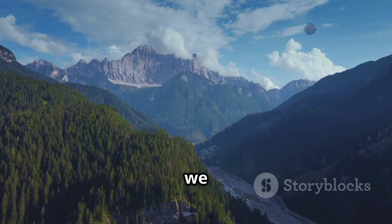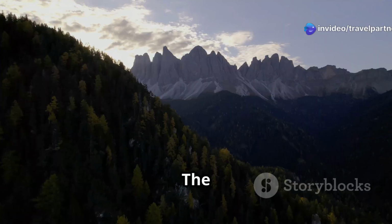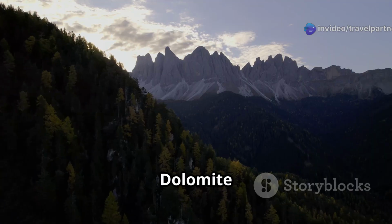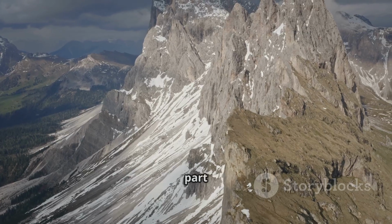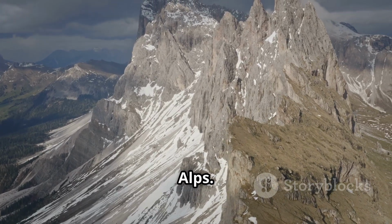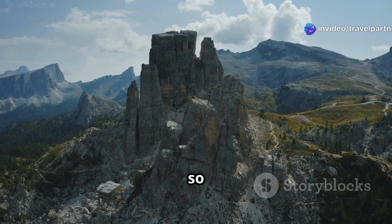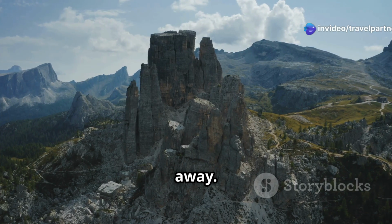For our next road trip, we go to the very north of Italy. The scenery there feels very different from the sunny beaches. It's the amazing Dolomite Mountains. These mountains are part of the southern limestone Alps. They are a special UNESCO World Heritage place, and believe me, they are so beautiful it will take your breath away. A road trip